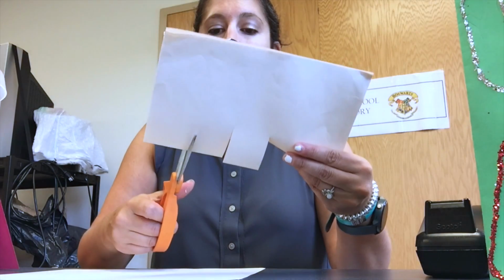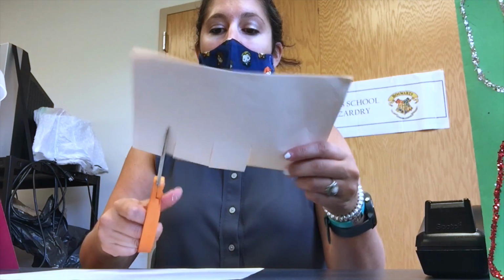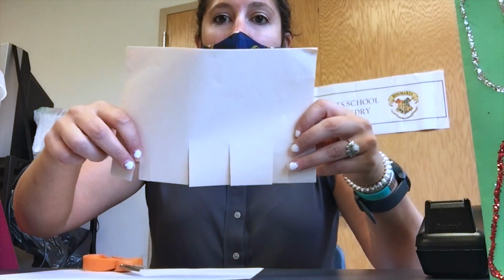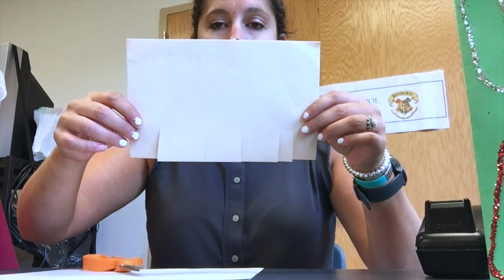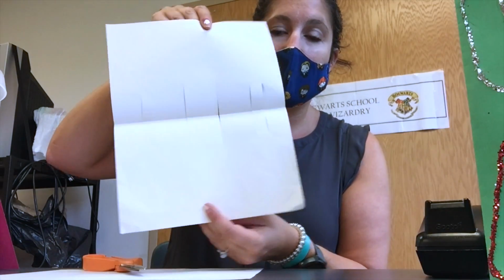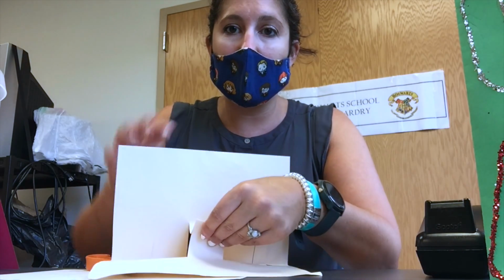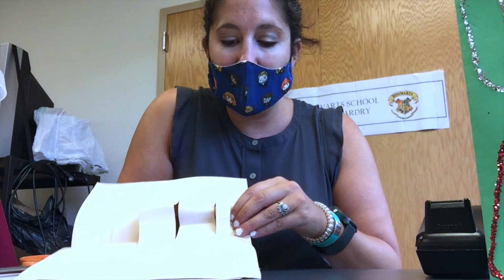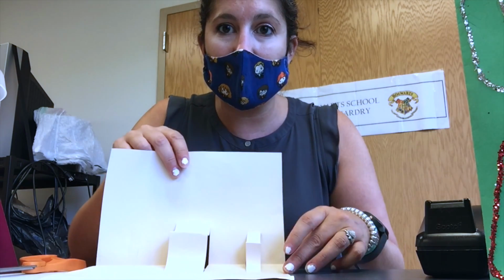And then on either side of those cuts, you're going to make just a little bit smaller so the lines will be closer together. Okay, so you should have a couple little, it should kind of look like this. Okay, so the next thing you're going to do is open it up, and you can see them in here. So what you're going to do at the seam, you're going to push the seam forward so it stands up like this. Okay, so what I did is I pushed it forward until it bent in the other direction. Okay,